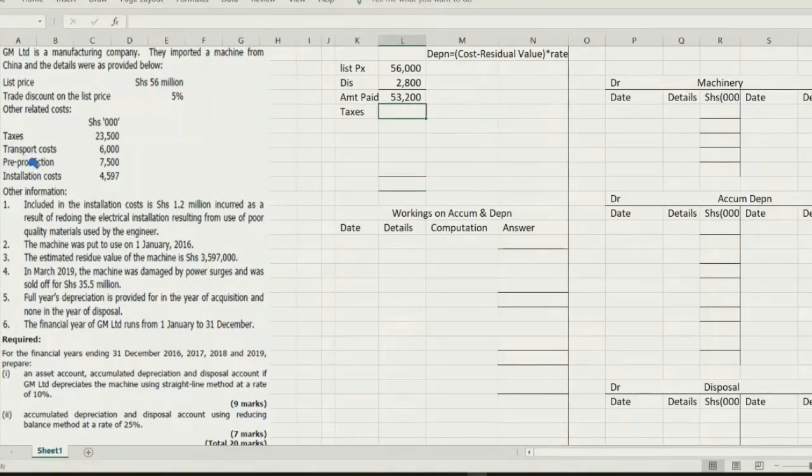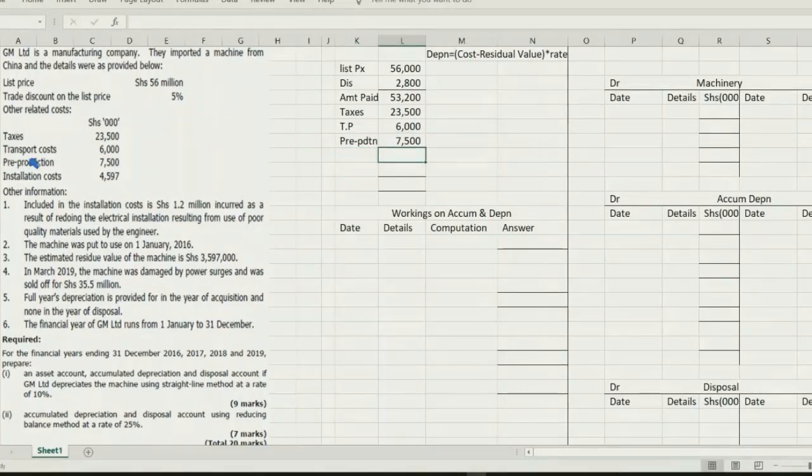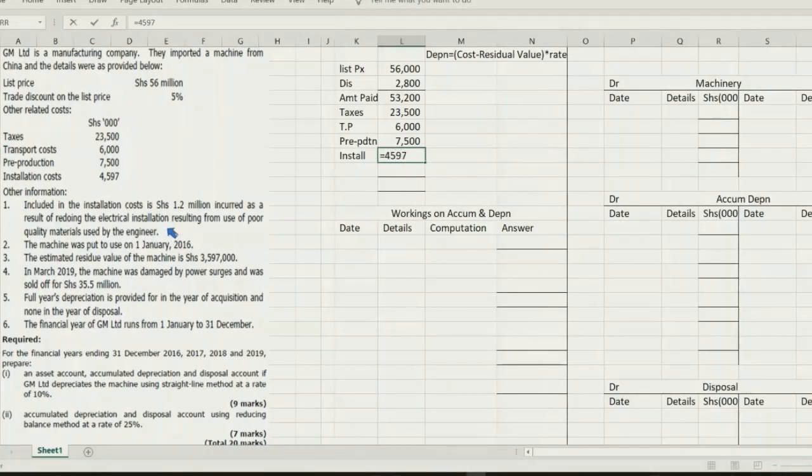Things like taxes are attributable costs. In simple terms, attributable costs are those costs you can't dodge. Things like taxes, transport, production costs, installation costs. But things like subsequent costs and operating costs are left off. And we'll see this with the installation point, where we are told that inclusive is 1.2 due to the poor materials used by the engineer, that we have to leave off because it's more of subsequent than attributable, giving us a difference of